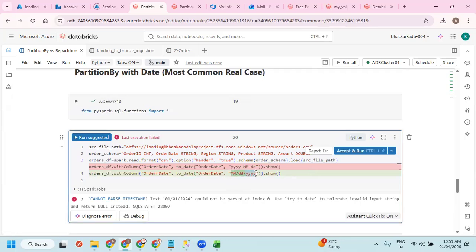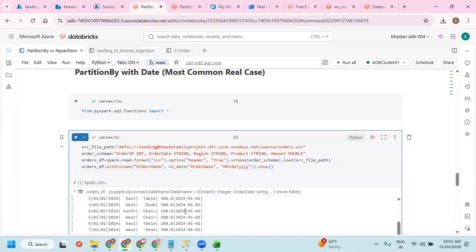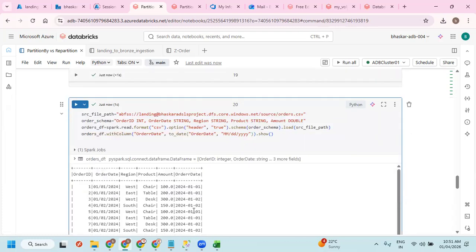Okay, so this format I'm having, I'm just going to take this format, accept and run. Okay, this is perfectly all right. So because this format is there, I'm taking this format to convert into date format.